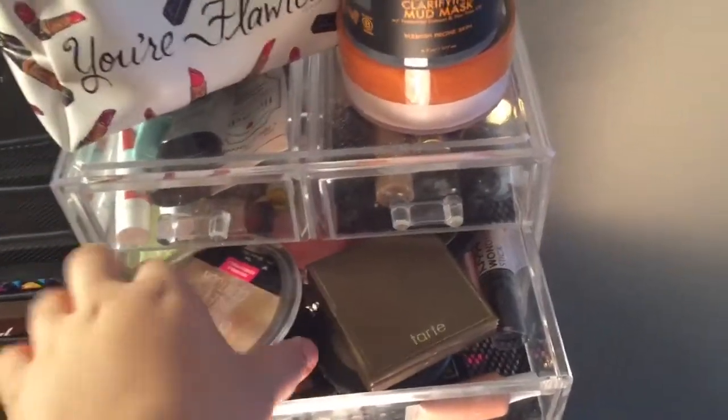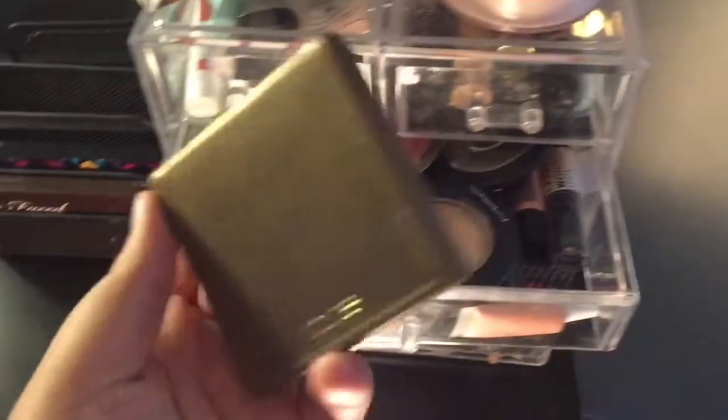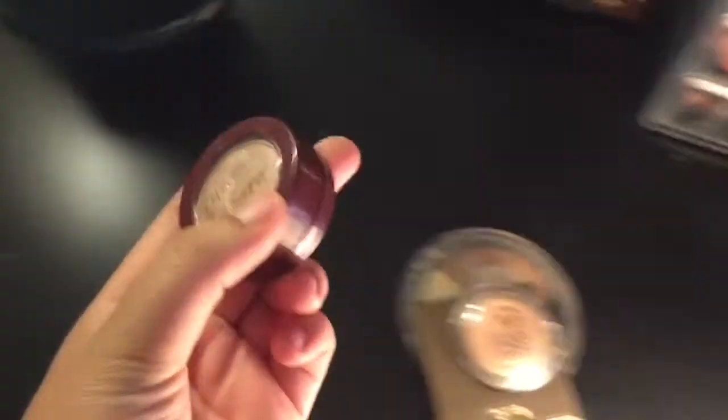Okay, I'm just gonna open it halfway. I have the Wet n Wild Contouring Palette. This is like busted. And then I have my favorite bronzer, which is the Tarte Hotel Heroes bronzer. Laura Geller highlighter, it's just a really good highlighter. A ColourPop highlighter, this one's really pretty. The formula is weird, but